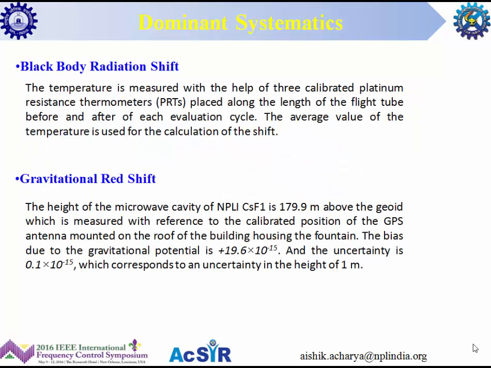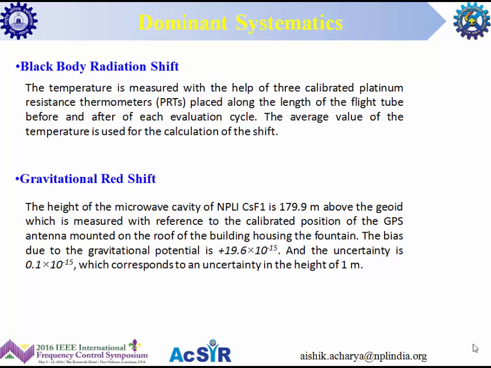So in order to measure the black body radiation shift, we have 3 calibrated platinum resistance thermistors along the flight tube, and before and after each evaluation cycle we measure the temperature of the flight tube to measure the black body radiation. And for the gravitational rate shift, we have our calibrated position of our GPS antenna, which is on